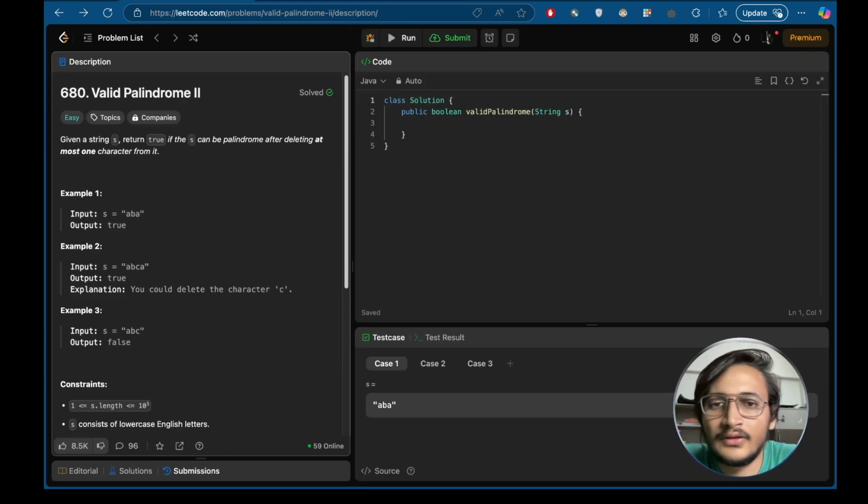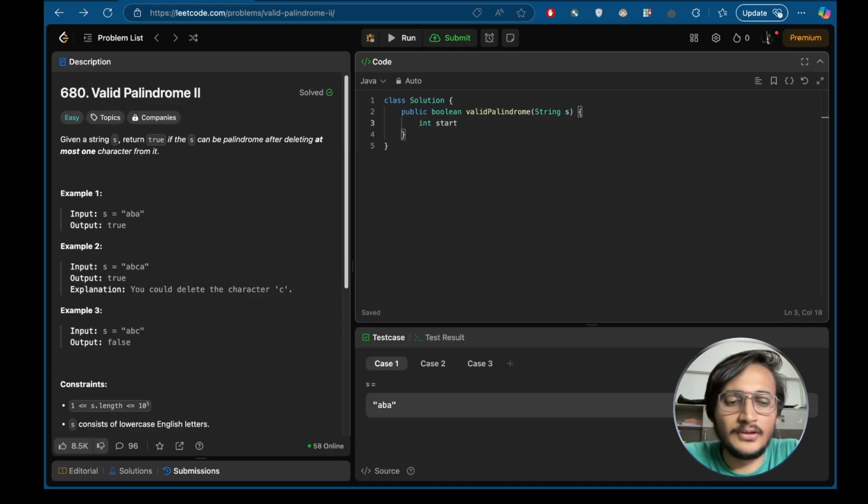So first, what we can do is make two pointers. Start will be pointing to 0, and end will be pointing to s.length minus 1, the last element. Now we have to do the same as the two pointer approach, which is the first question of this playlist. So start should be less than end, and then we have to check